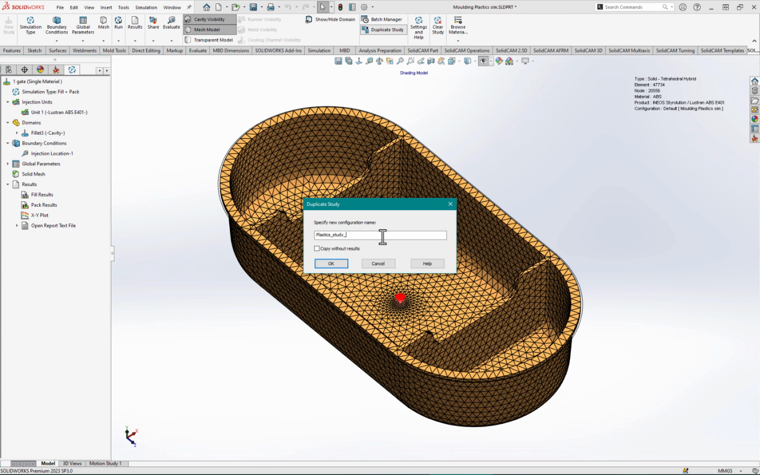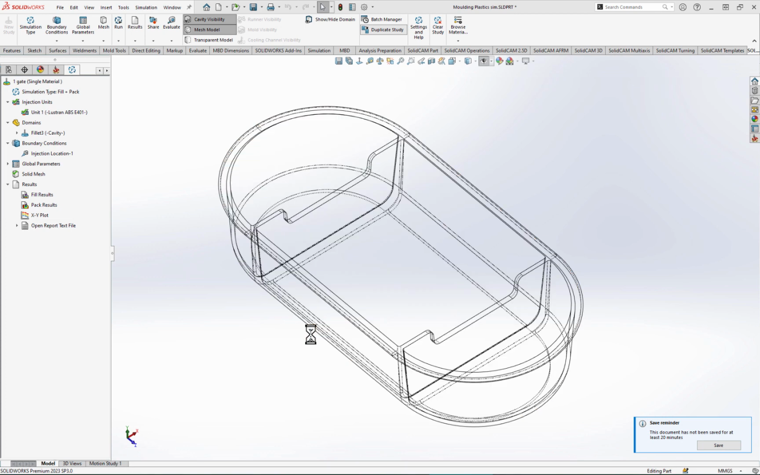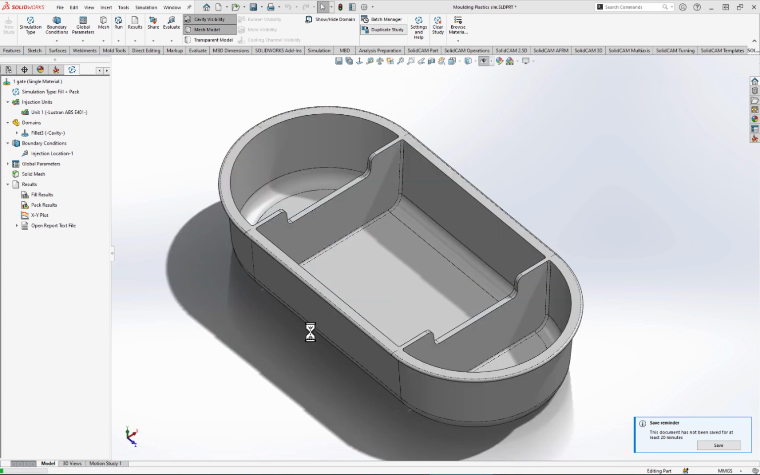So I'm going to call my study 2.2 millimeter wall. That's enough of a clue as to what I have changed in the new study. So I've changed the wall from whatever it was previously to a 2.2 millimeter outside wall. And I don't need those results files that I've already generated, because I'm going to generate some new ones. So I'll tick there, copy without results. Okay. So it will take a few seconds just to copy the study, and then it will take me into the